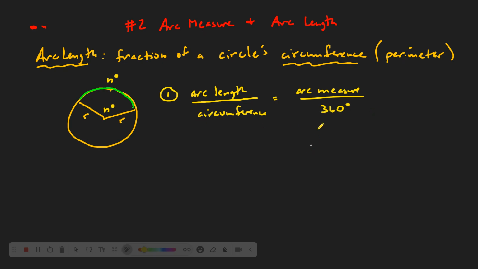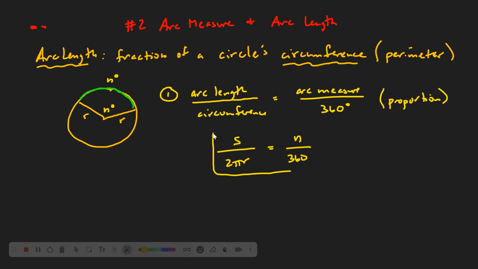This is our idea of a proportion. And that's what Unit 4 was all about, proportions when it came to similarity in right triangles, in trigonometry. Well, here we're doing the same thing. It's a proportion. The arc length of the circumference is the arc measure out of 360. Now, in terms of letters and symbols, the arc length is S. So S over circumference, which is 2 pi r, 2 pi times the radius, equals the arc measure n over 360. So this is the formula